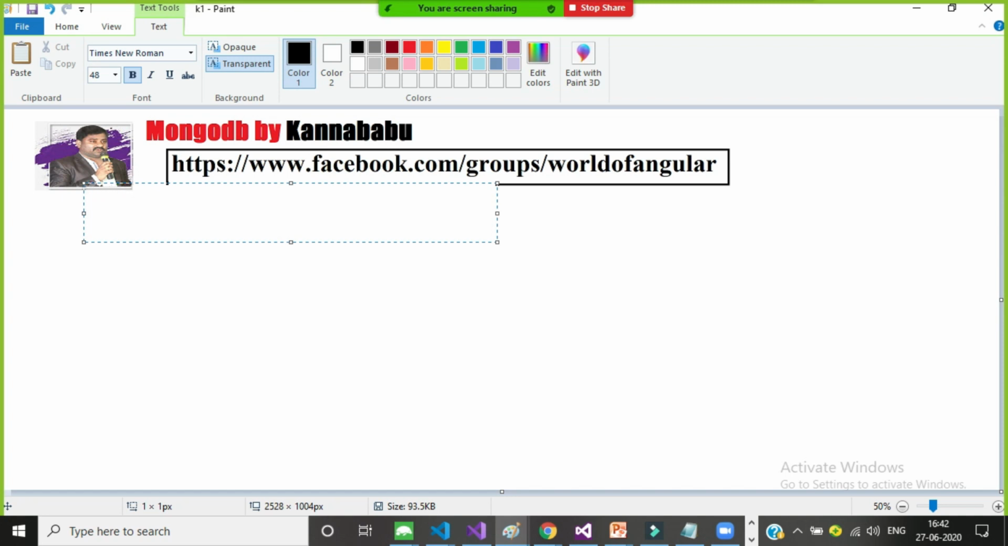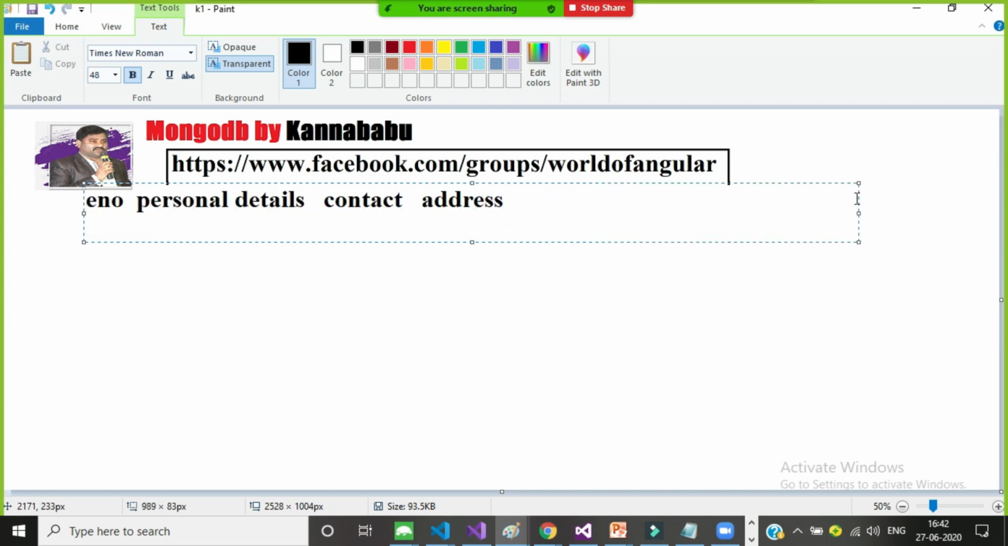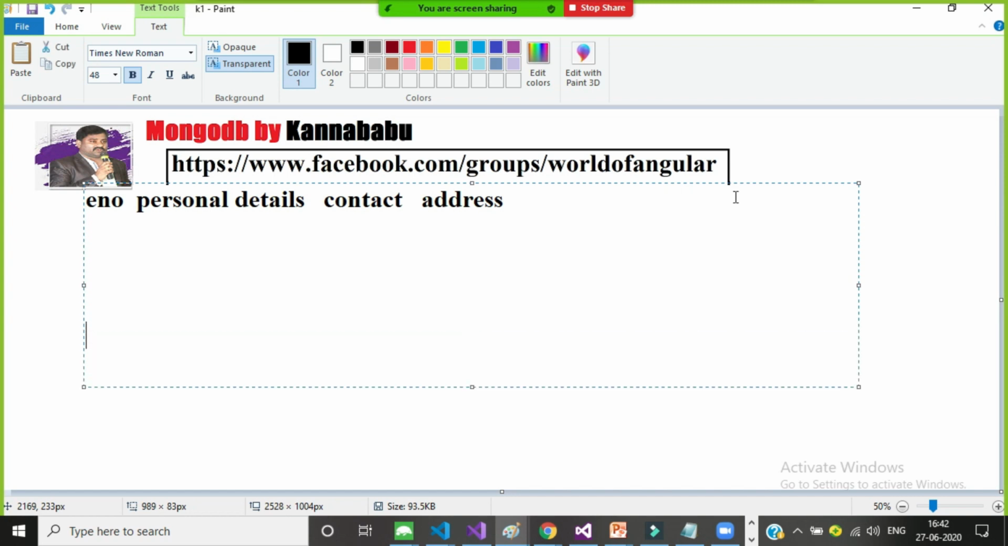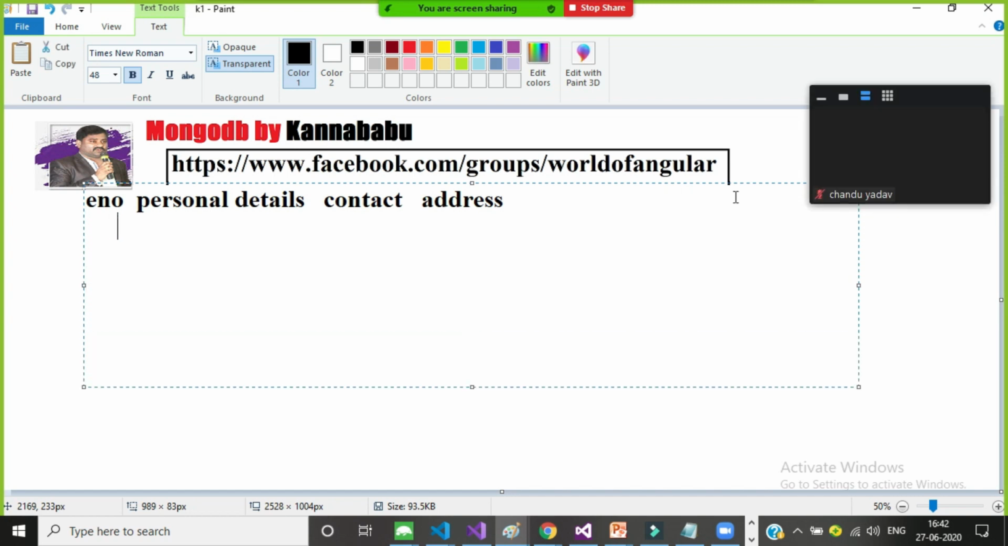Employee details are nothing but what? Employee basic details. Similarly, employee personal details. Similarly, employee contact details. Similarly, employee address details. I want to design a database table. Is it clear? Where I want to maintain the employee personal details. Employee personal details means what? In employee personal details, I want to maintain the